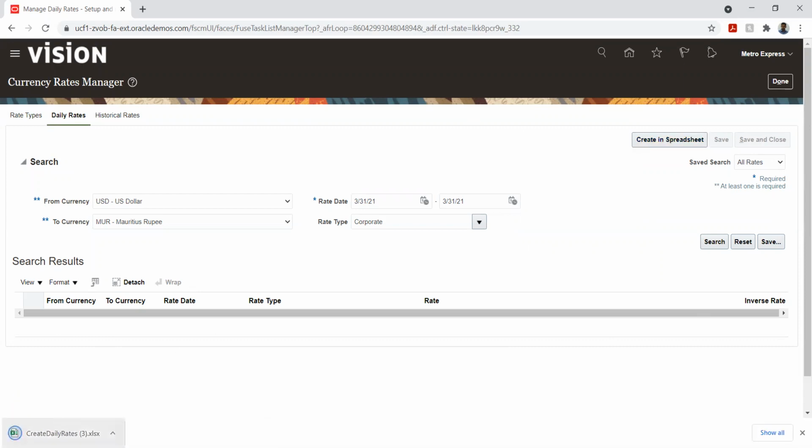This will download a spreadsheet wherein I can add the values and load it back into the application. The moment the Excel sheet is downloaded, it will ask for the login. After we give our login, it will allow us to enter the data.